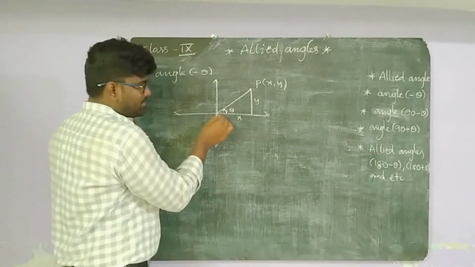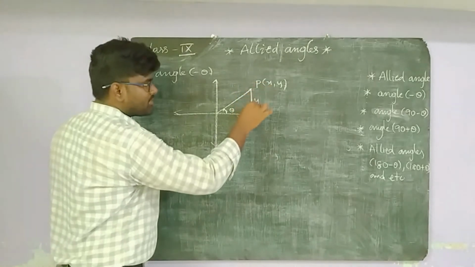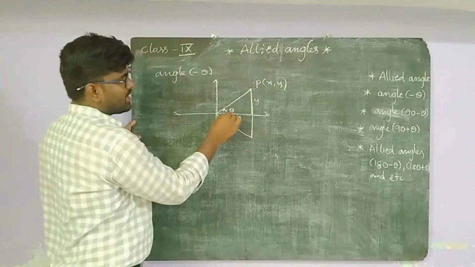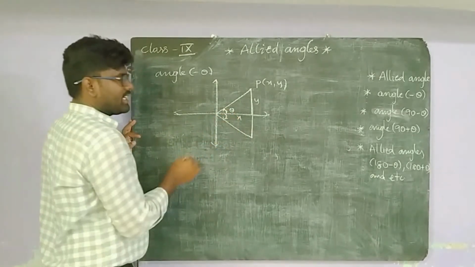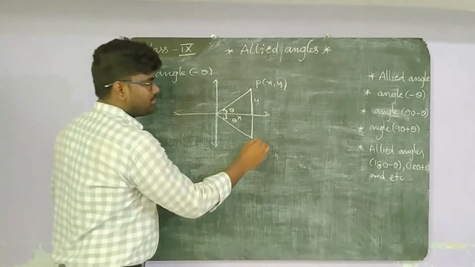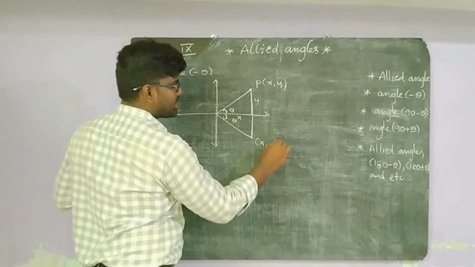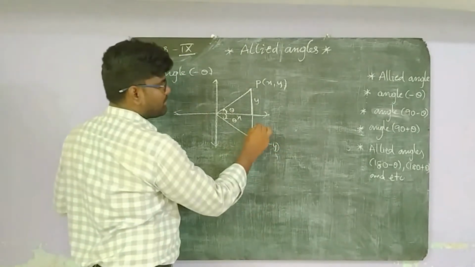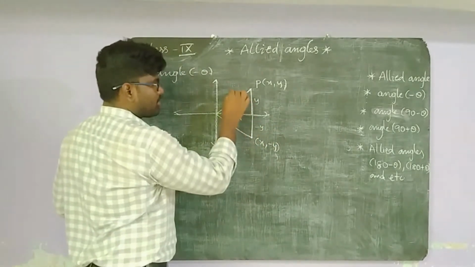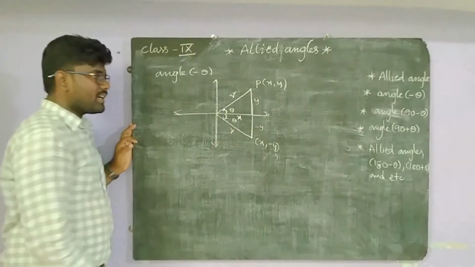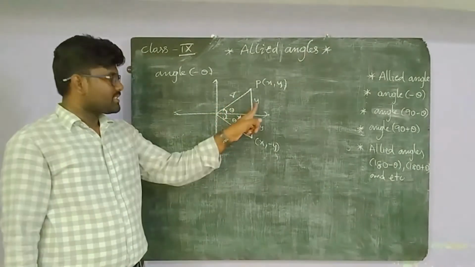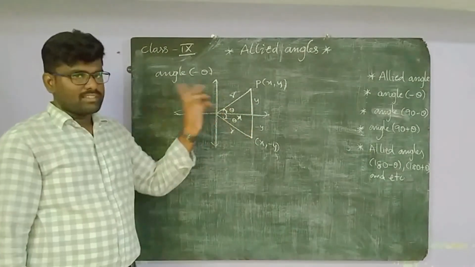In the same way, we take the image of the point and the angle in a clockwise direction. The same angle in a clockwise direction will become negative. This point becomes (x, minus y), so this side becomes minus y and this becomes plus x. This is capital R, small r, and this is also the same. Why? Because when you apply the Pythagoras theorem, we get hypotenuse squared equals side squared plus side squared. Again we get the same thing.